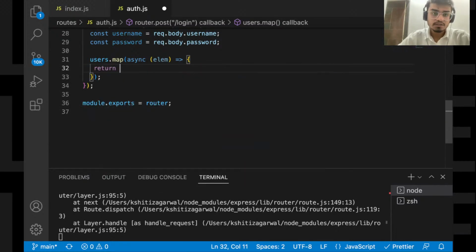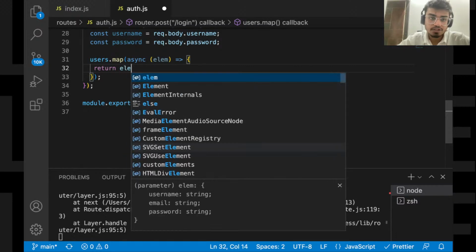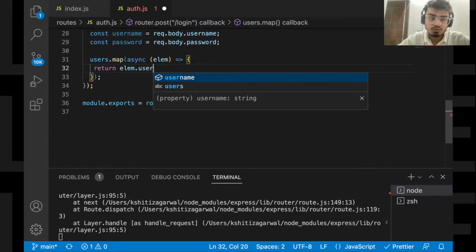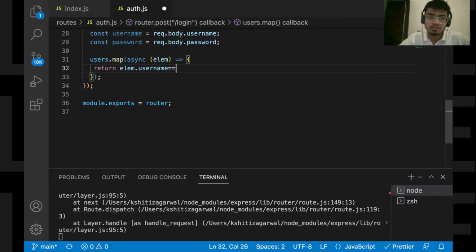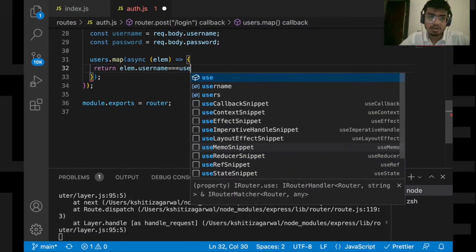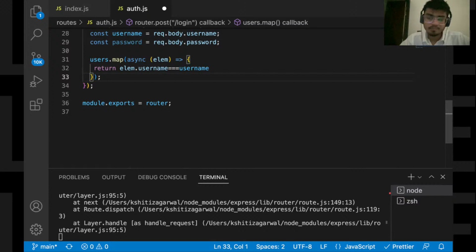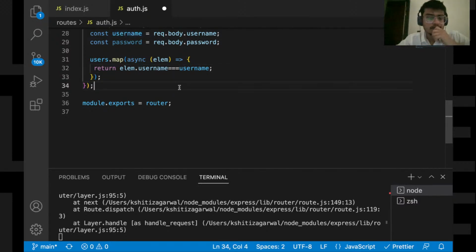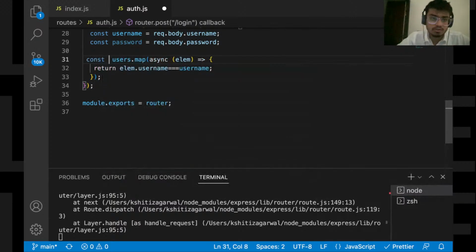Return me only that element in which lm.username equals username. And I'll take it in const user is equal to this.